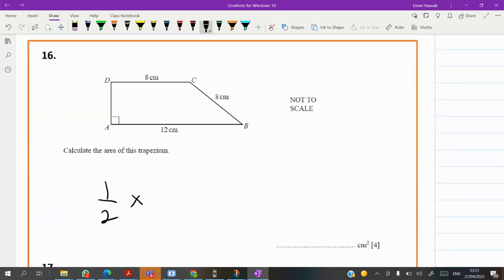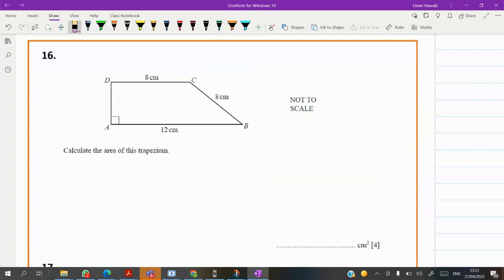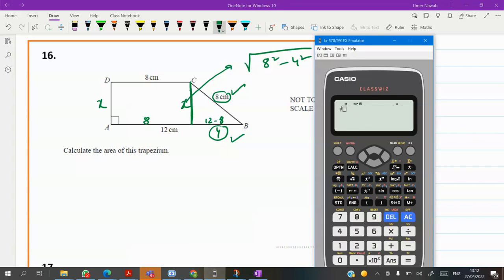Trapezium: half times the sum of the parallel sides. So 8 plus 12. And did he provide us the height? No, he didn't provide us the height. So we need to find the height. To find the height, guys, we need to drop a perpendicular here. This side has the same length, x. The total length was 12, and this is 8. So 12 minus 8 is 4. So imagine this is 8 and this is 4, and I want to get x. So x is the square root of hypotenuse squared minus 4 squared. Square root of 8 squared minus 4 squared gives us